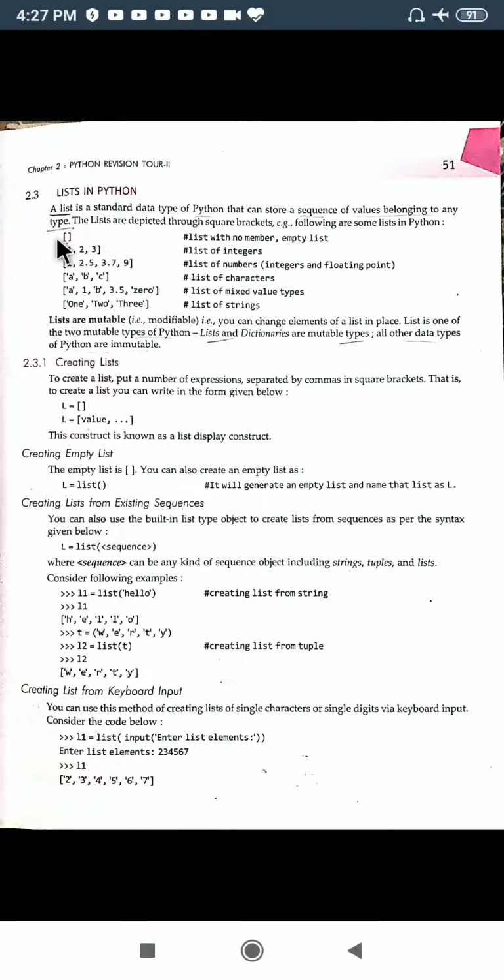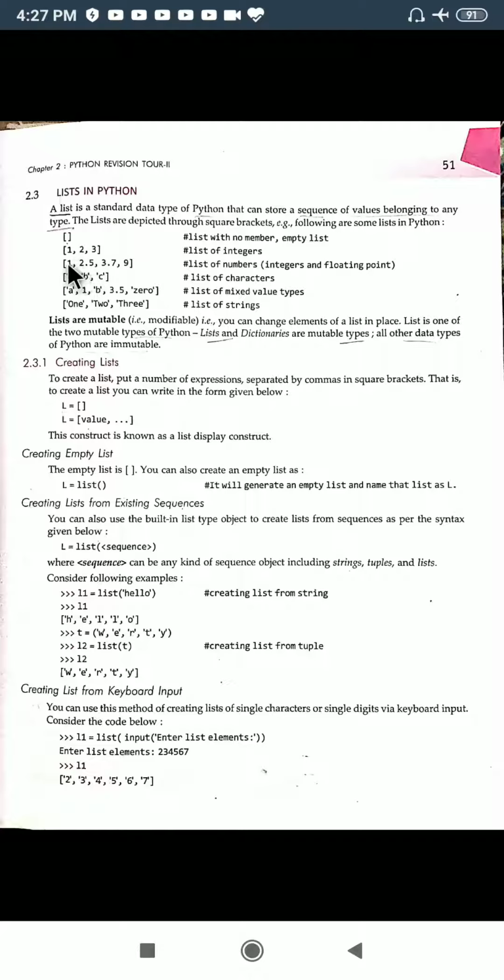One more important property we have discussed earlier also, that lists are mutable. What do you mean by mutable? We have considered lists along with an example in the last chapter. It means it is modifiable, meaning we can change the values inside these lists. If I want to replace this 2.5 with 3.5, what do I need to do? I need to refer to that index.